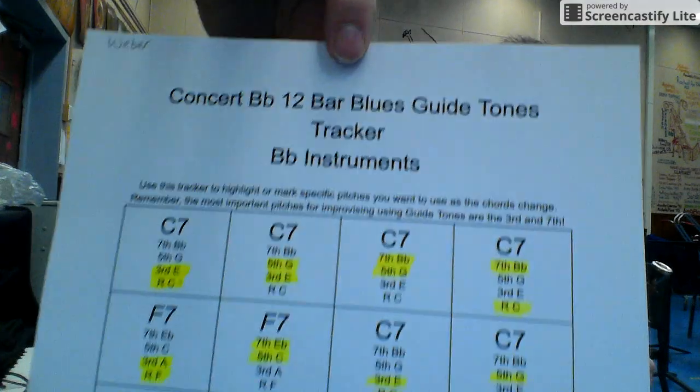Hey everybody. I just wanted to quickly show you guys, I decided to do a practice session today to try to become a little bit more familiar with using these guide tones. The tracker sheet that I gave you is for planning out what pitches you want to play, because I know that sometimes it's not the rhythmic material that you struggle with, it might be trying to find the right notes. So what I have here on my tracker are the groups of chords,